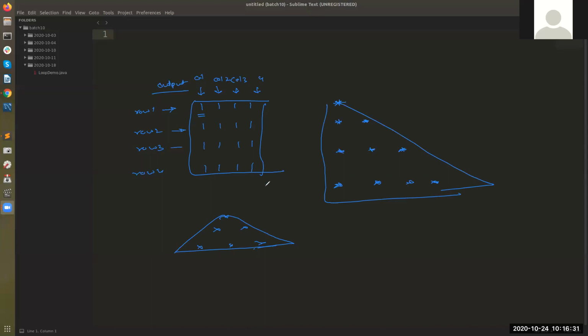Now, whenever a question comes like this, you may have to use more than one loop, right? The first level loop, the outer loop, will be working for the rows. So when the outer loop runs the first time, it is going to print the first row.